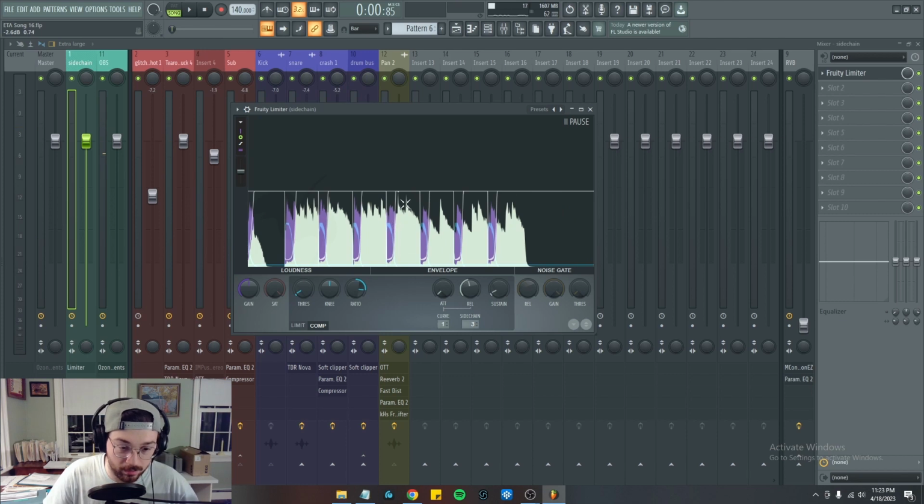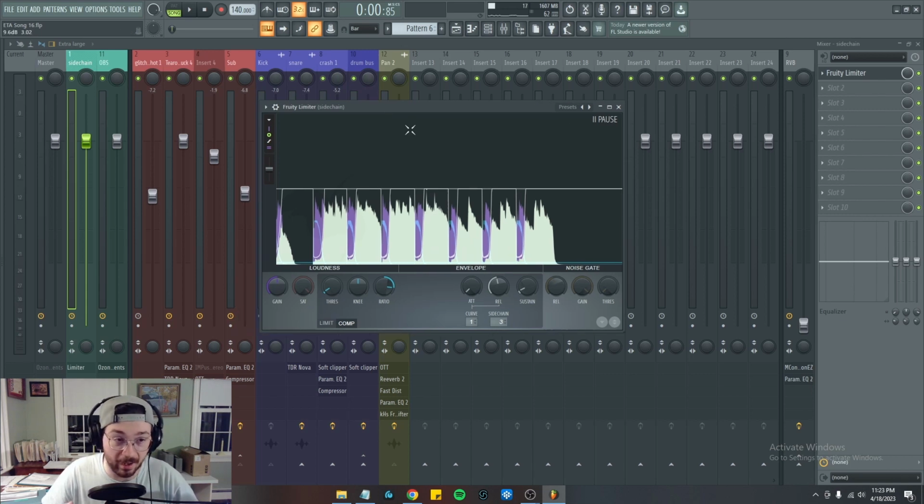Which is great and all, but the thing about that is honestly not how a lot of dubstep producers do sidechain now. The way I would do it, and I believe the way most people do it, is by manually automating it yourself. Because you have more control. As you can see,